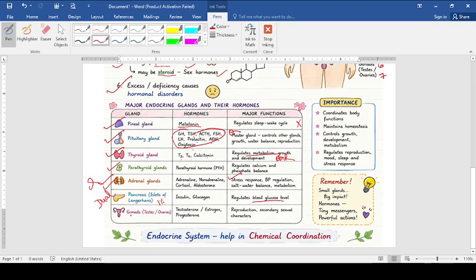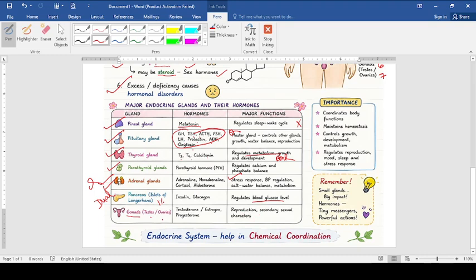Next, we are having gonads. Gonads means reproductive organs, testes and ovaries. We have to discuss them here. Now, the testis is releasing testosterone and androgen, and ovaries are releasing estrogen and progesterone. These hormones are performing dual functions. First, they are making their own gametes. Testis is producing sperms and ovaries are producing eggs. In the same way, these hormones are regulating secondary sexual characters in male and female respectively.